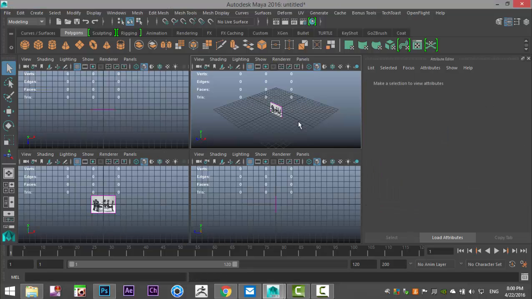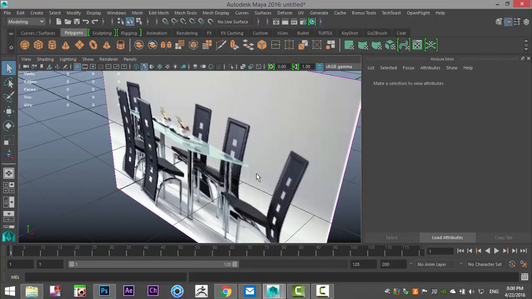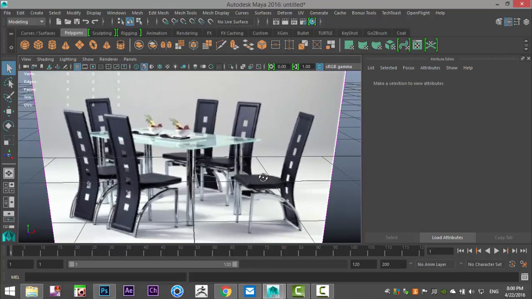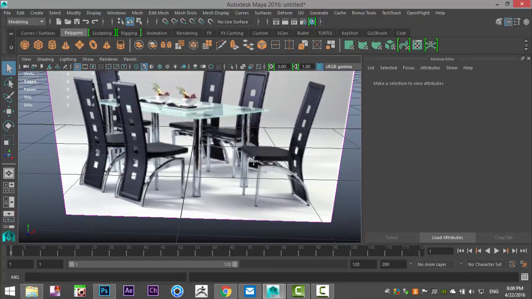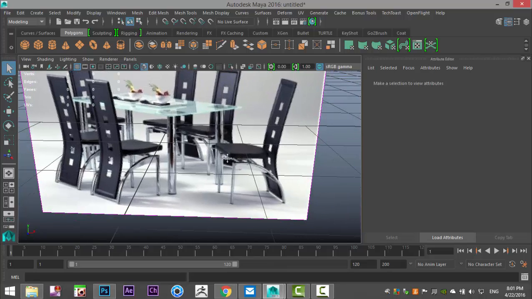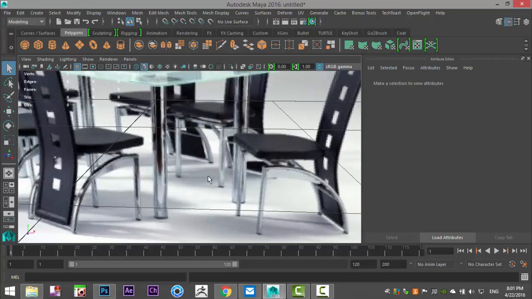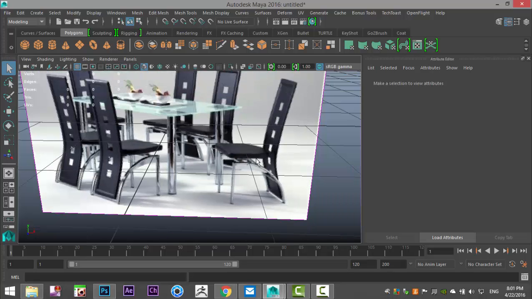Alright guys, I've been asked to model this set here, so chairs and a table. That's what we're going to do. We're going to start off by creating the seat. For the seat, we'll take a polygon cylinder,